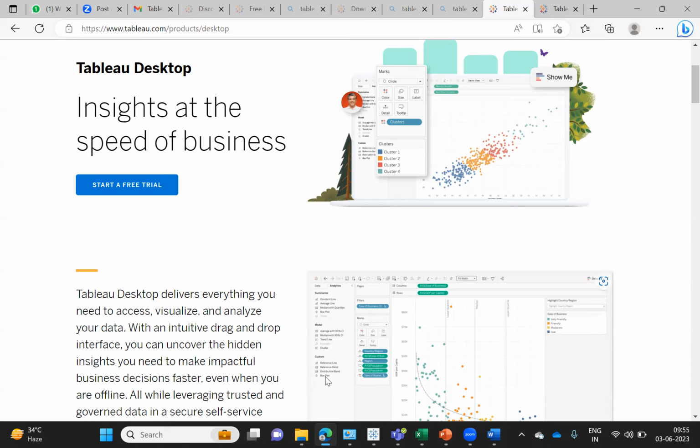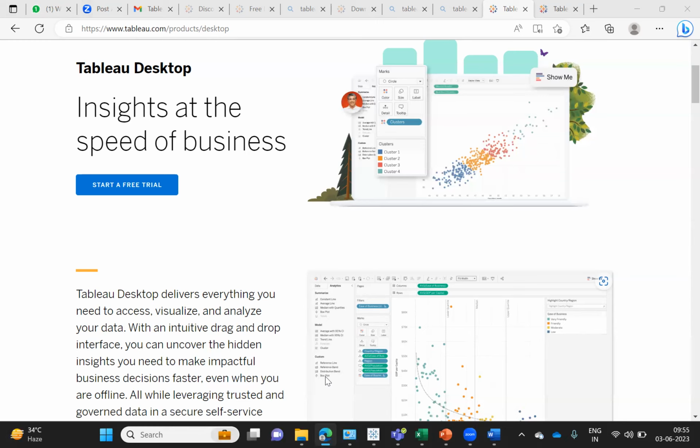Someone is asking how to use the web version of Tableau. You don't need to use the web version. You can use Tableau Public, and you will also be able to do some work on the web.